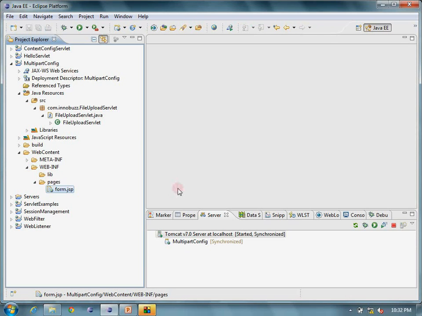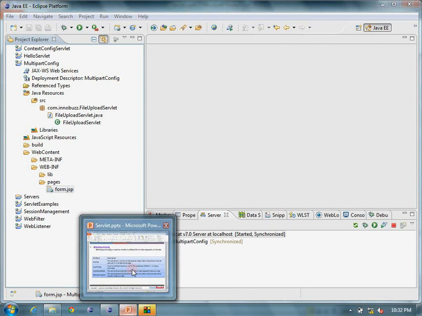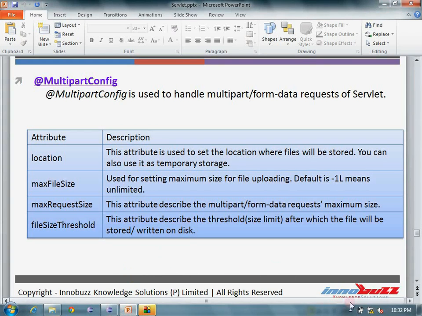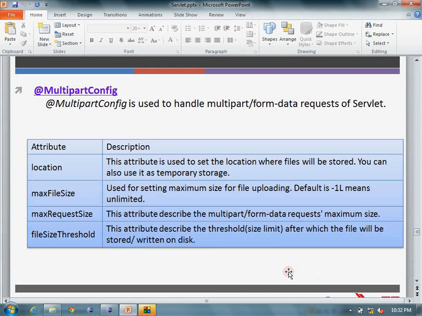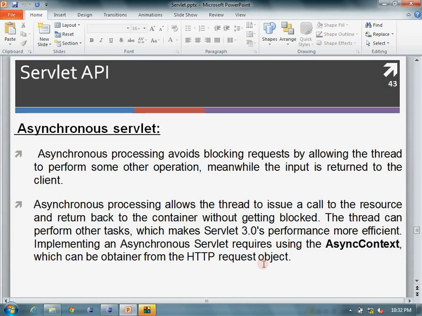So we have seen the demonstration of usage of multi-part. So next we'll see what the course is saying in the next slide. It is asynchronous servlet. Asynchronous servlet means asynchronous processing,